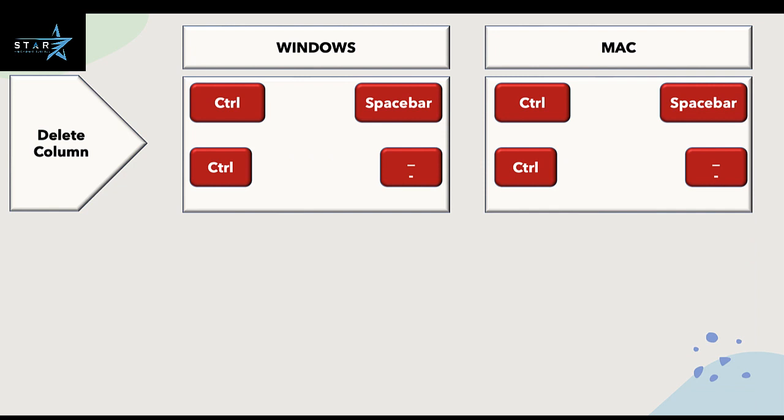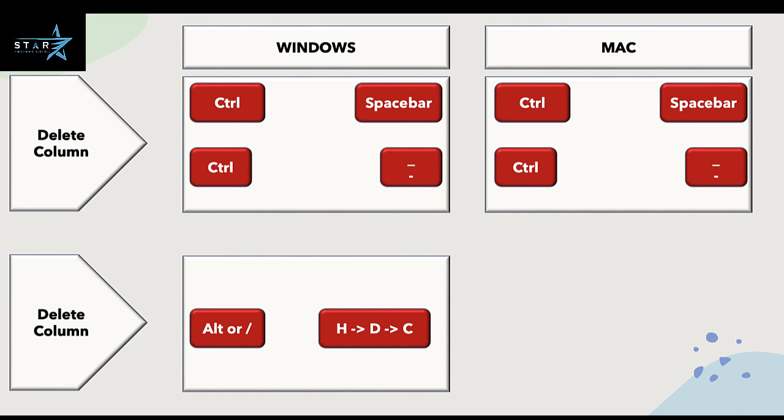Again, to select the column which we want to delete, we have to press Control spacebar, and to delete, Control minus key. There is another shortcut to delete a column on the Windows laptop, which is Alt HDC. Now apart from this, I would also like to help you out with one more shortcut. And it works again both on